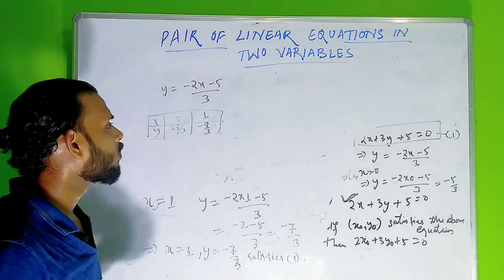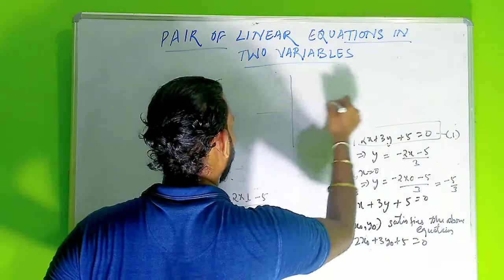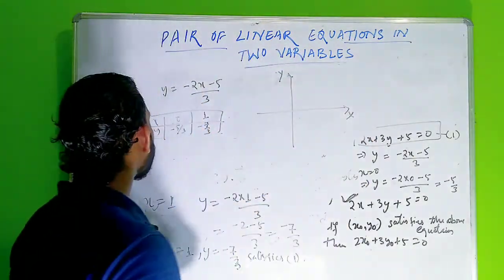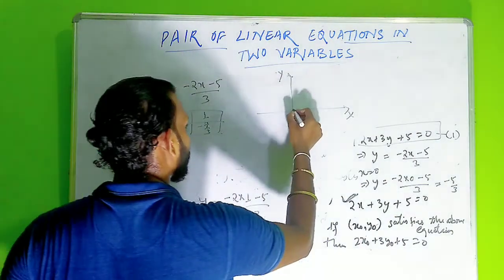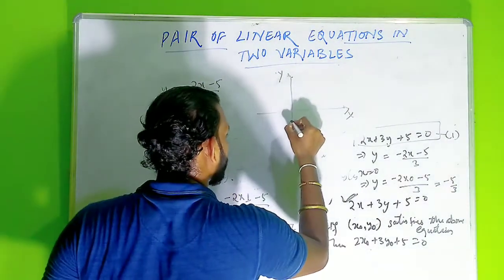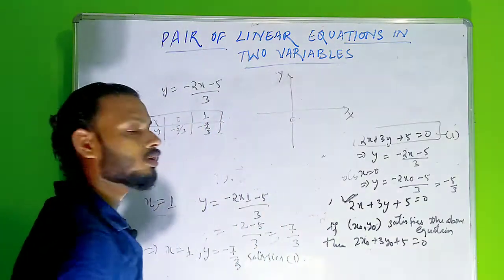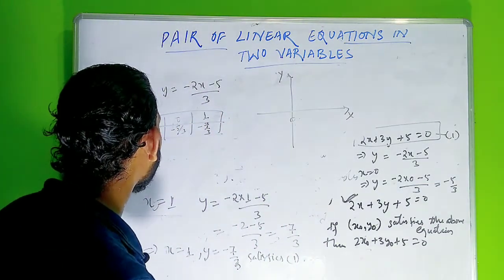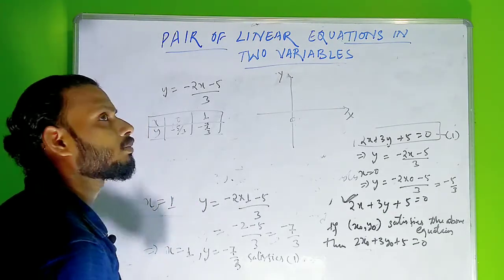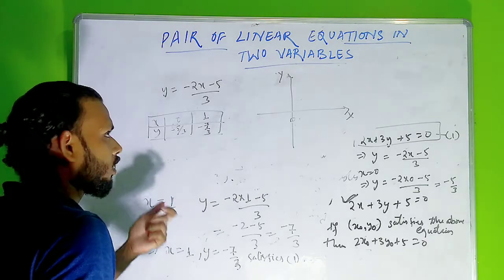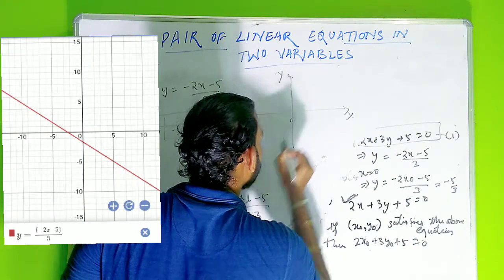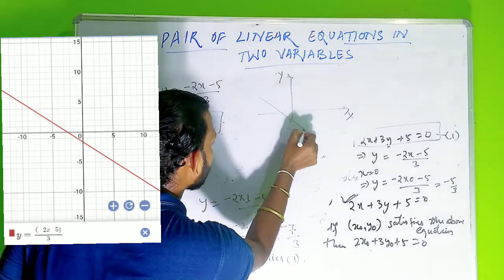Okay, now I will draw an xy plane on the graph paper. So this is my x, this is my y. When x is 0, y is minus 5 by 3, which is a little bit lesser than minus 1, so suppose this is the point. Next, when x is equal to 1, y is equal to minus 7 by 3, which means it is minus 2.33, so it is somewhere here. Okay, so if I join these,